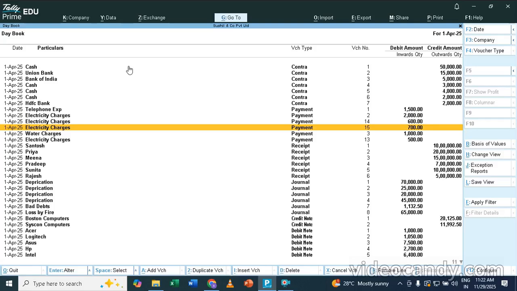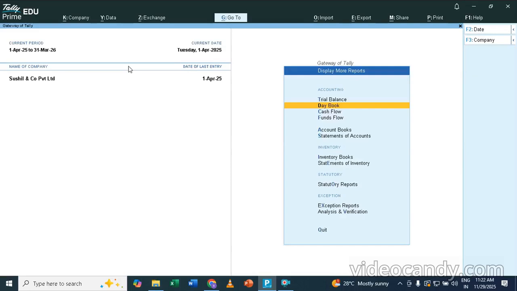My next option is, now if I want to transfer my entire purchase entries or sales entries into Excel, and I would like to create a pivot table. I think everybody knows what a pivot table is. It's like a report. So for that what you must do, just come here first,